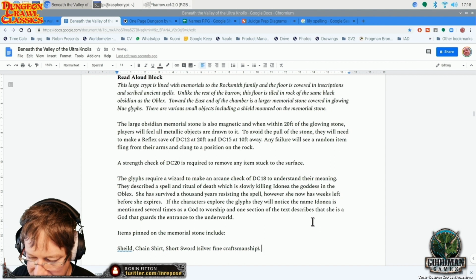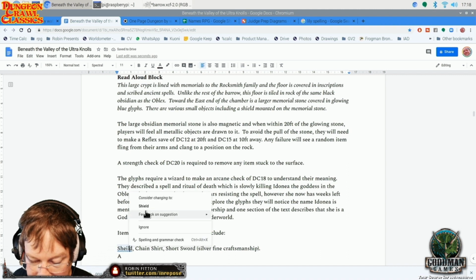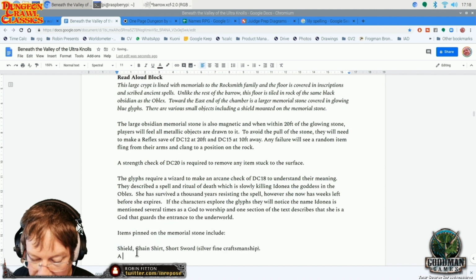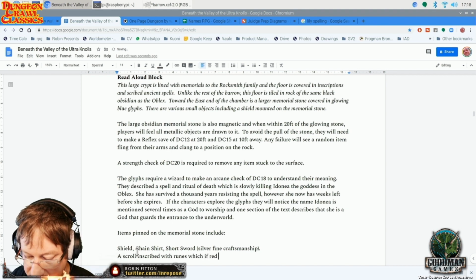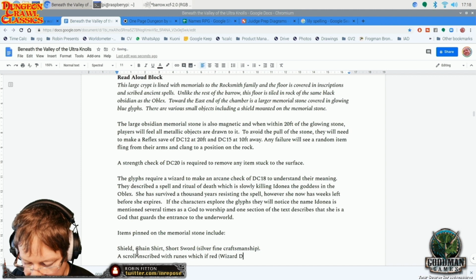And I spelled shield wrong as well. Scroll case inscribed with runes, which if read, let's say wizard BC 14, describes